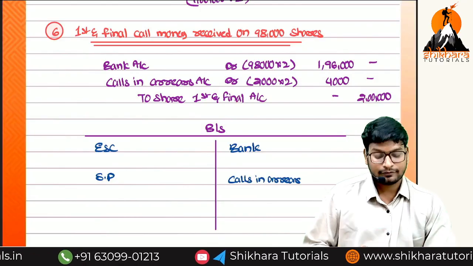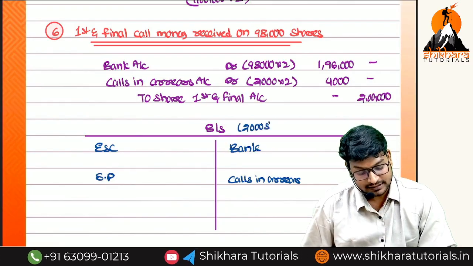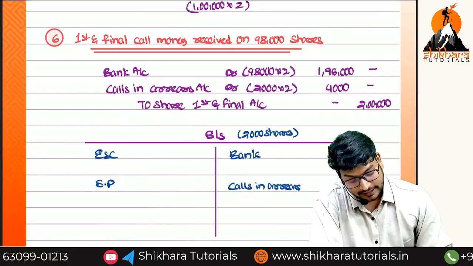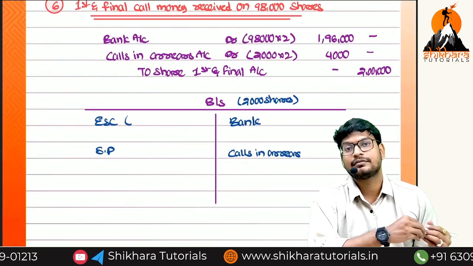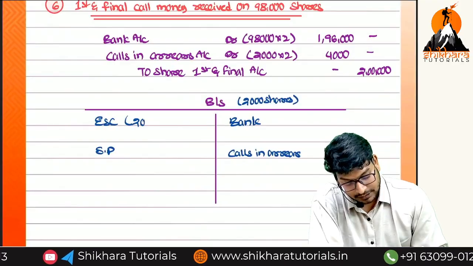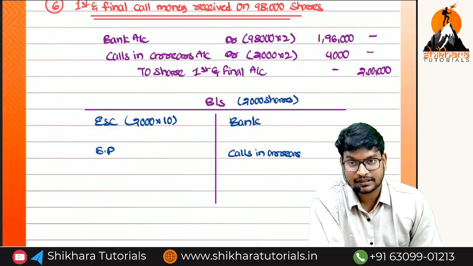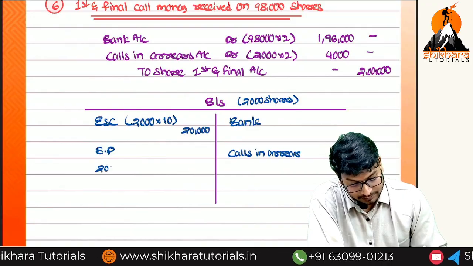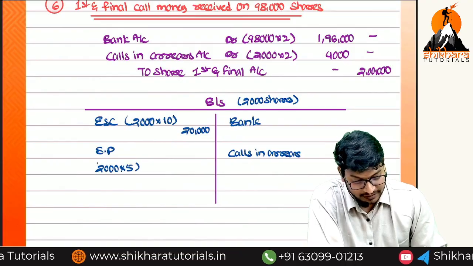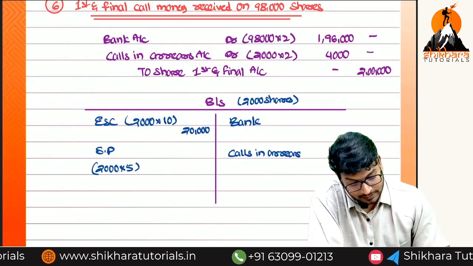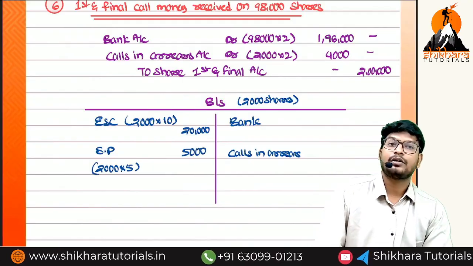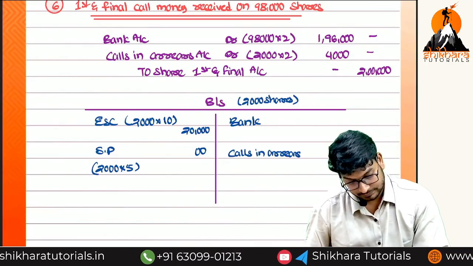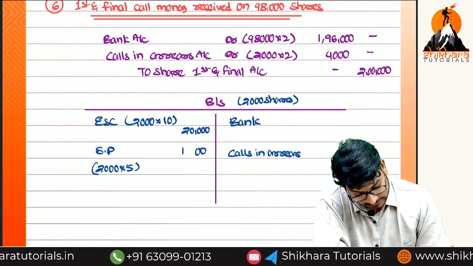So we can write for how many shares ma? 2000 shares is sufficient. Yes or no? Because how many shares we are going to forfeit? 2000. So on equity share capital, always and always, which value will be there ma? Face value. So 2000 into 10 rupees, that is equal to how much ma? 20,000. What is the premium amount ma? 2000 into 5 rupees. How much premium? 5,000. And how much amount we have received? Okay, 10,000. Sorry guys. Yeah, 20,000 right only. Okay.